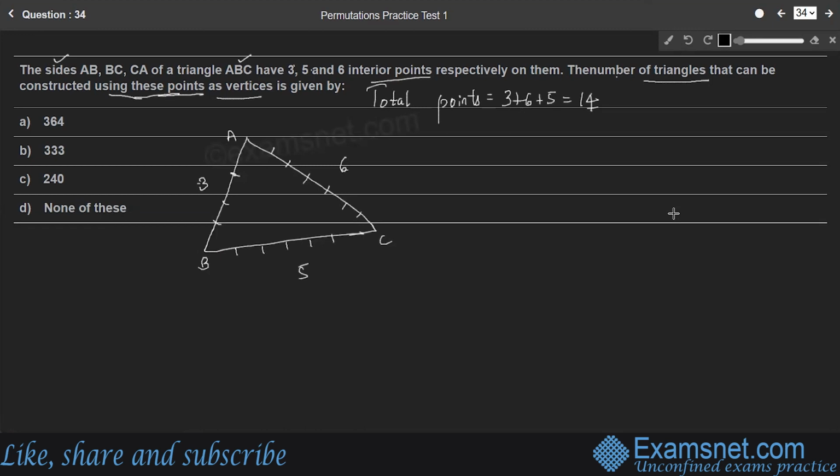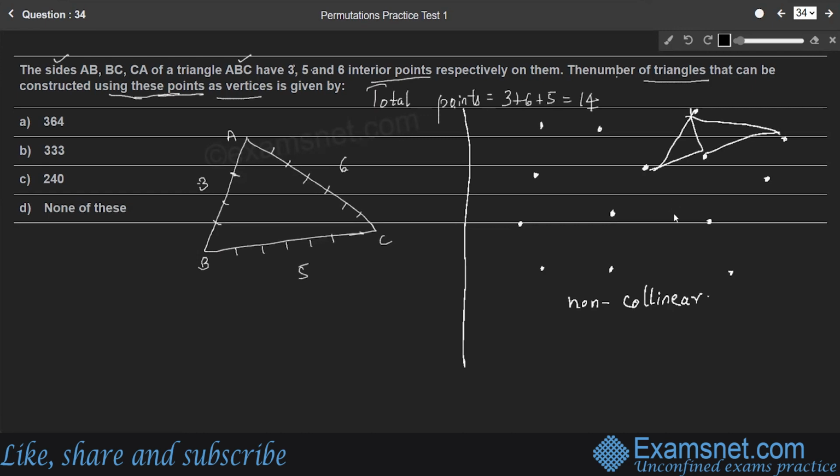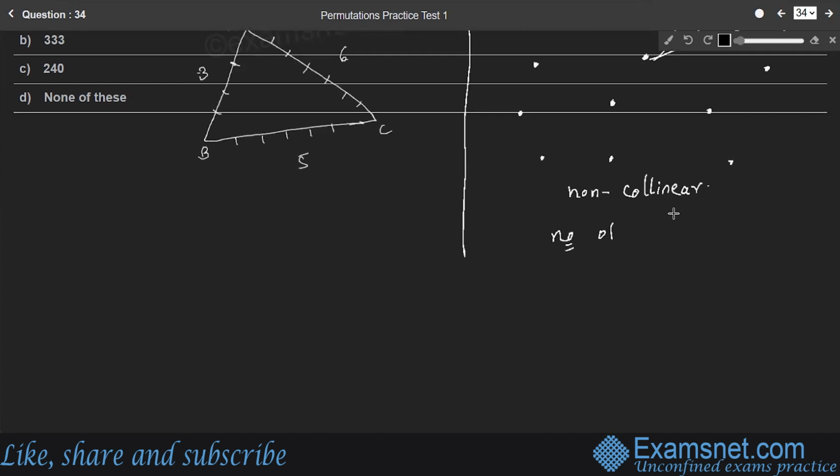For that, here in the general case, we'll consider when 14 points are given on a plane. Let us consider 14 points which are non-collinear. These 14 points are non-collinear points. Non-collinear means points which are not in the same line, right? So in such a case, you can form many triangles. So the number of triangles that can be formed is equal to